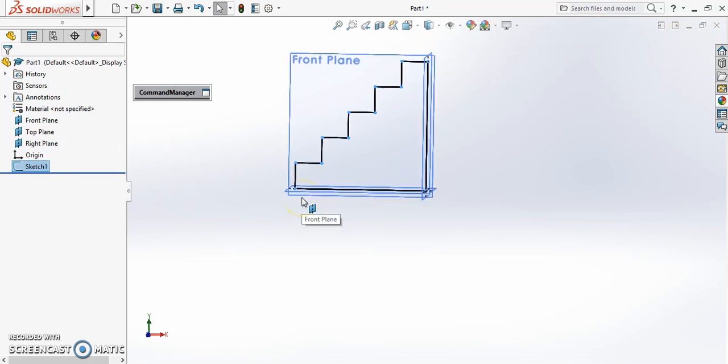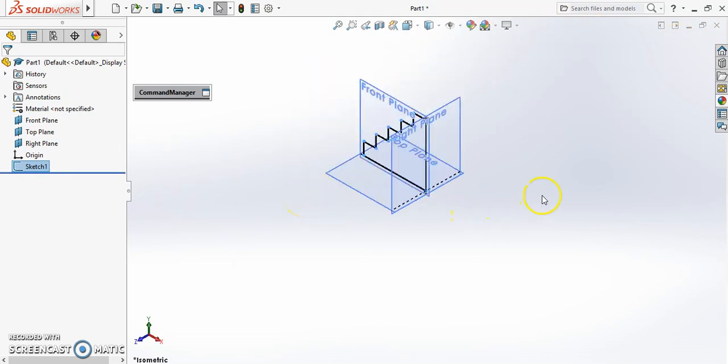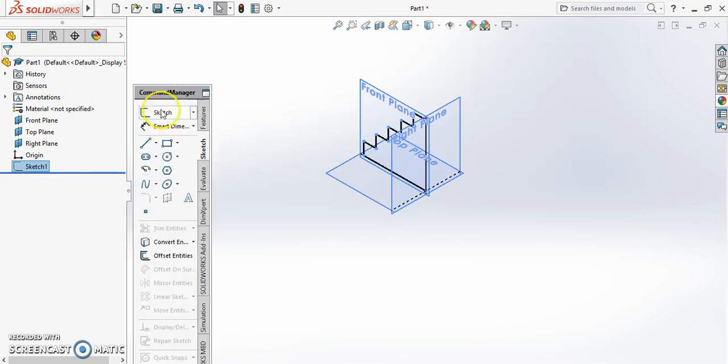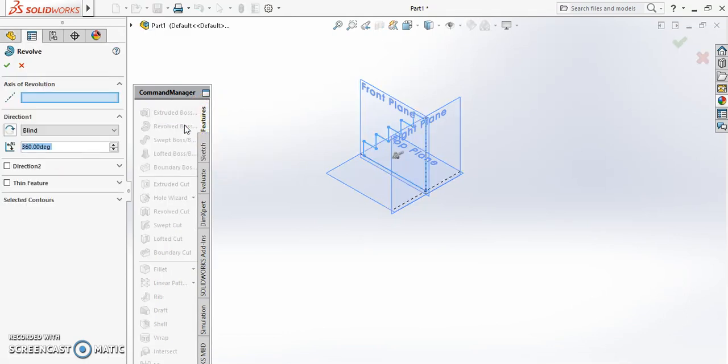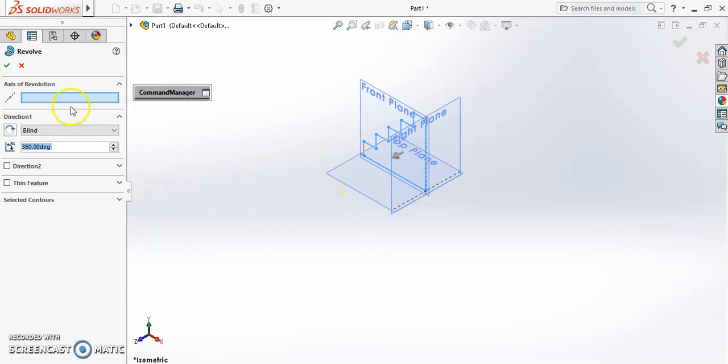I'm going to press Control-7, and you can see my sketch and these planes. I'm going to revolve this sketch around my y-axis. You can see that this is my y-axis because the axes are labeled over here. So I'm going to go into the Command Manager, go into Features, and use Revolve Boss Base. It asks you for an axis of revolution. So I can revolve it this way,